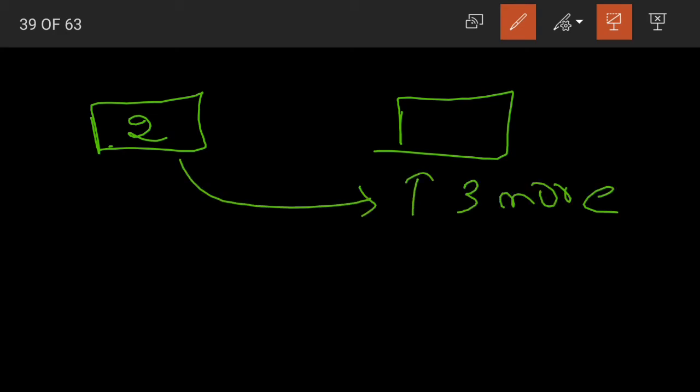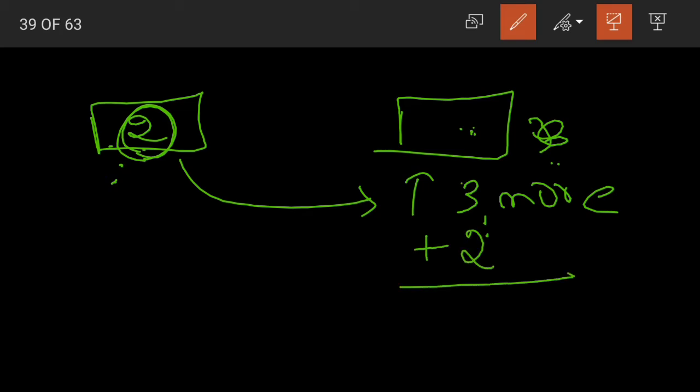See, what they are saying is there were two samples. Two samples means, let us say, two boxes. Suppose in the first box he had two balls. In the second box he had 3 more than the first box. So what is the total number of balls here? Is it 3? No. It is 3 more than the first. In the first we have 2.